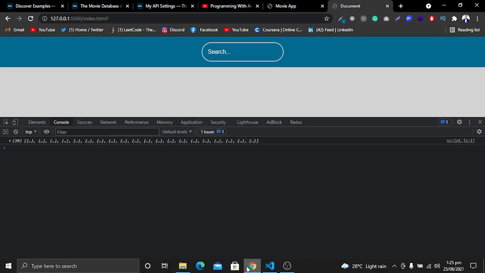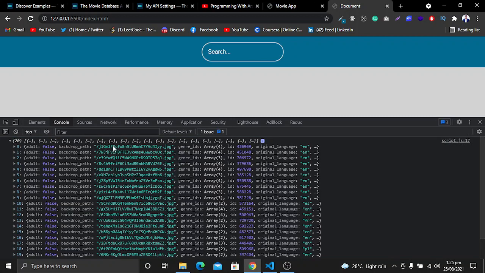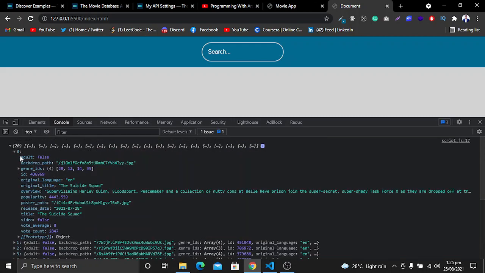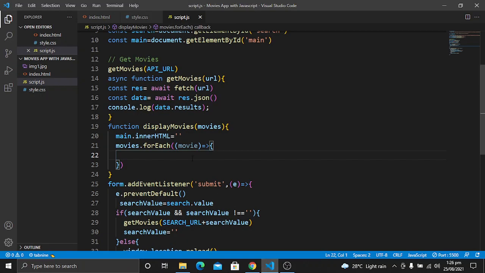As you will see here in the console, in the movie we have different properties such as the backdrop path and other information. Let's look at a single movie. We have vote count, vote average, title of the movie, the release date, poster path, and many other things. So let's use destructuring here to get data from this individual movie.